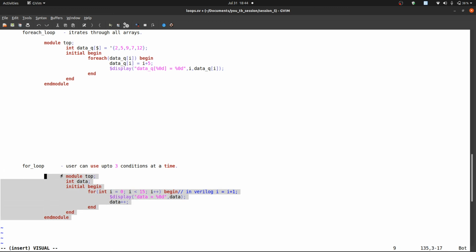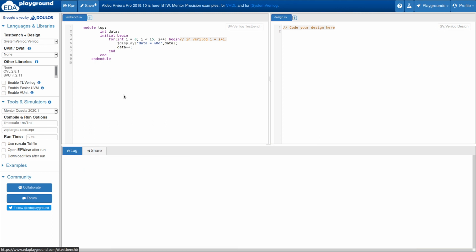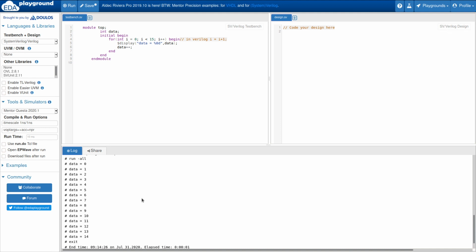Let's run the code. So as you can see, it is starting from 0 and goes up to 14, because we put the condition less than 15, right?